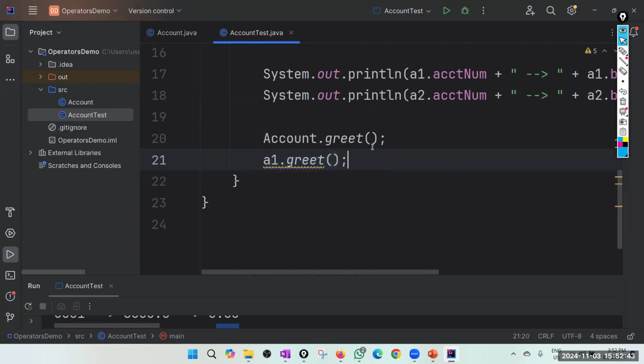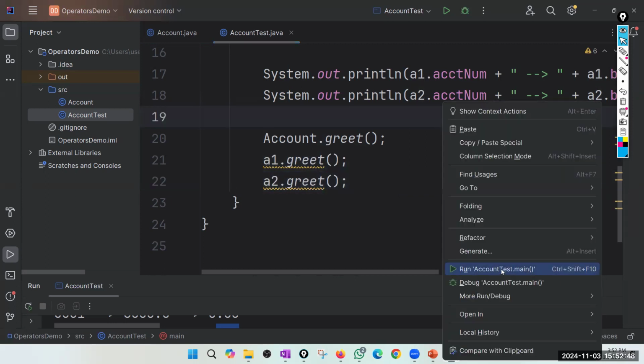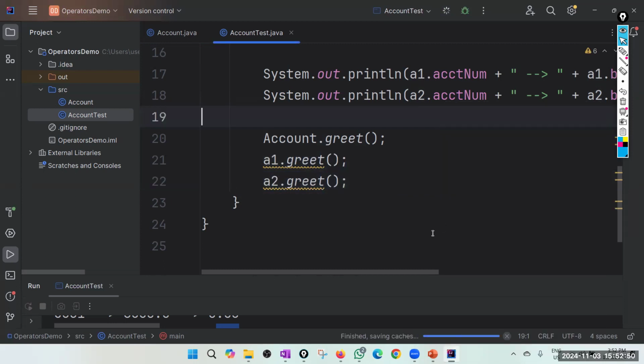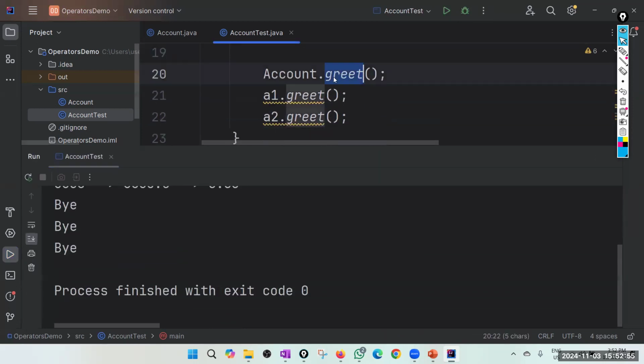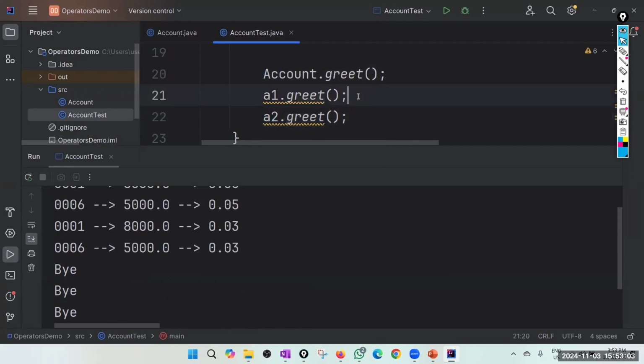It's a warning. By the way, the output is going to be the same. So here I call the static method using the class name, and the static method from the two instance references. This is not the preferred way. This is the preferred way, if you want to call static methods or class methods.